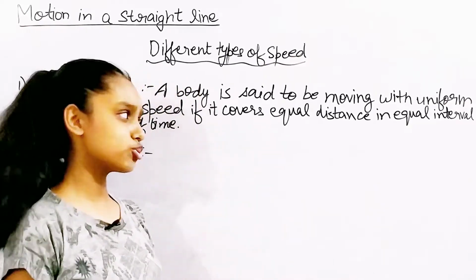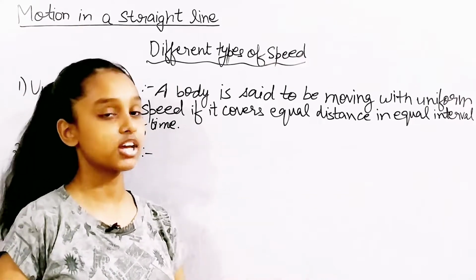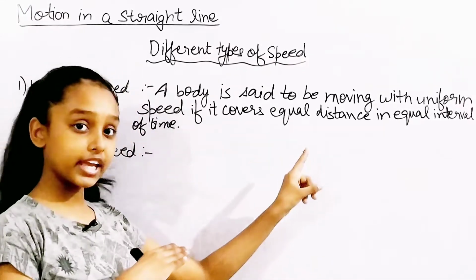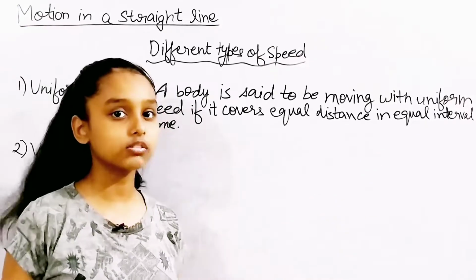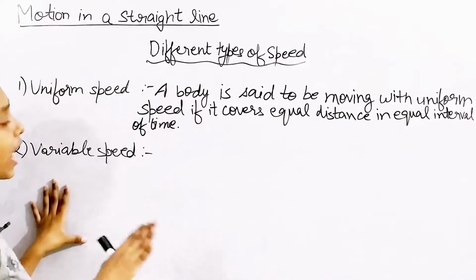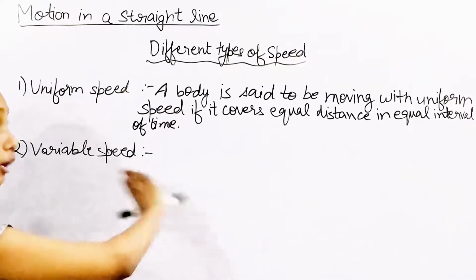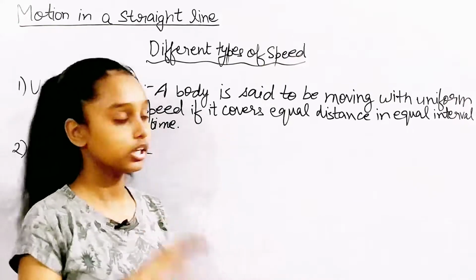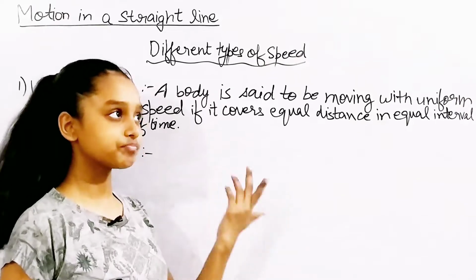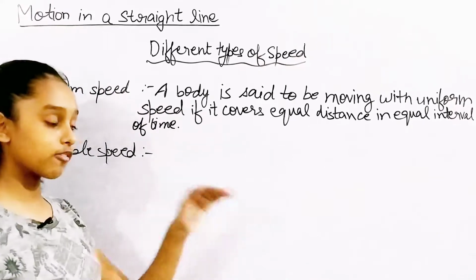Usually I can maybe sometimes make a mistake. Like I can write it as if it covers unequal distance in unequal interval of time. That's not possible. That will not be possible here. Why? As I'm saying that it should cover unequal distance in equal interval of time. So if I'm going to say a body is covering